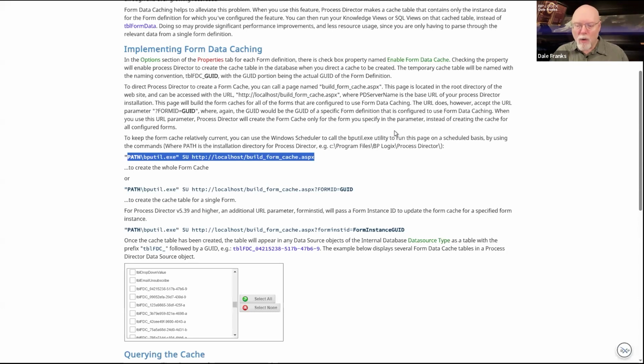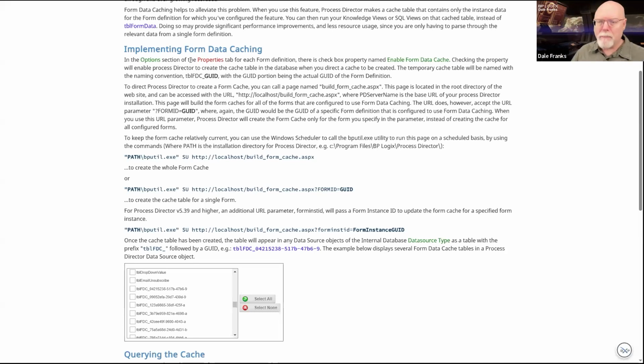And on a normal system, your cache is probably going to get constructed every 20 minutes-ish or so as the activity check runs. So if you need it more current than that, then obviously you're going to have to schedule a more frequent running of build form cache. Although 20 to 30 minutes is probably a pretty reasonable amount of time just to let the system do it. But again, you need to run it more frequently if you need more current data.